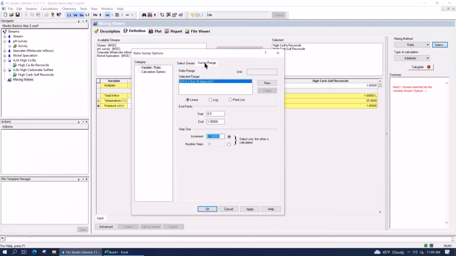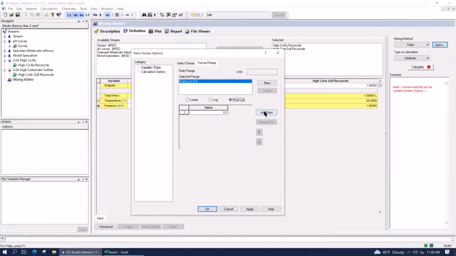And then in the survey range, again, you'll start with the 0 amount of the calcium barium. You'll work your way up to a mole fraction of 1. But in this case, rather than go in 10% intervals, let's go by something a little bit more detailed, like maybe 5% intervals. So do 0.05. Okay. Or, better I show this now, you can go by point list.